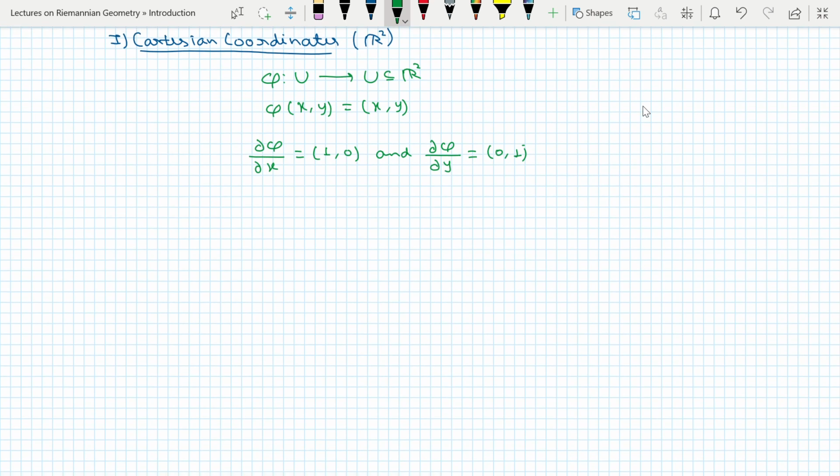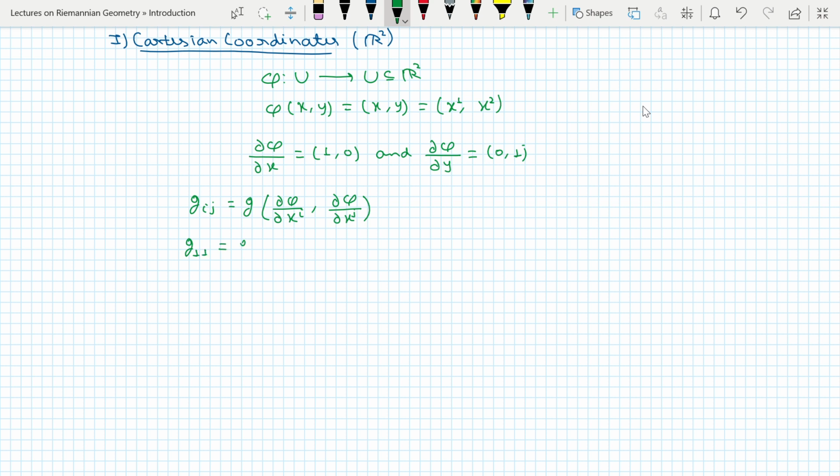Then what is the g_ij? Then g_ij is nothing but g of del phi over del x_i and del phi over del x_j. So let me write it in this manner also. This is your x1 and this is your x2. x1 is x, x2 is y. Okay. So now